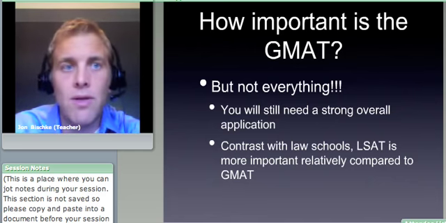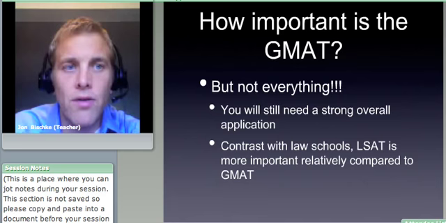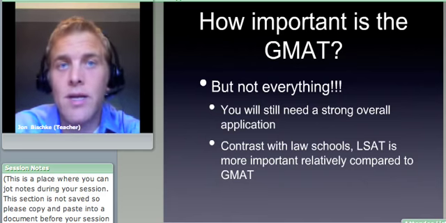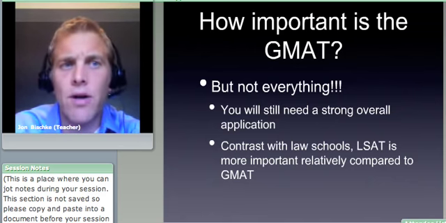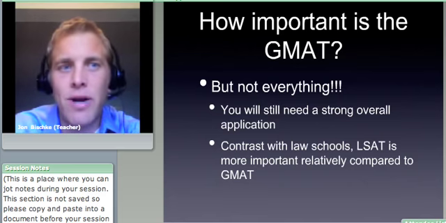Now, in my own personal experience with the GMAT, I gave you my scores before. I scored very high. For those of you who don't know, the max score is 800. So the 760 and the 770 that I scored was in the 99th percentile of all test takers. In fact, I think 720 or 730 is the cutoff for being in the 99th percentile. I scored very well, and I ended up thinking to myself that I was pretty much going to be a shoo-in for the top business schools, and to be honest, I actually didn't get accepted to several of the top business schools that I applied to,